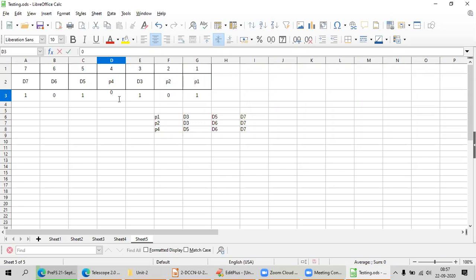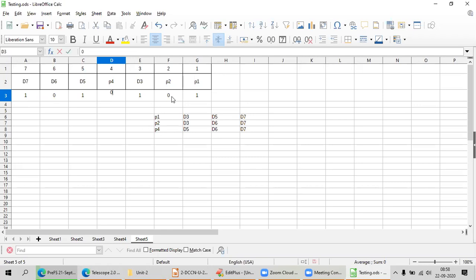What will the other end do? Again, he will check. My positions are the same: P1, P2, D3, P4, D5, D6, D7. Simply, he is going to check my P1. I have to check D3, D5 and D7 along with P1. The combination of P1 plus D3, D5 and D7, if it is even parity, okay, good. I got the message properly. Done.